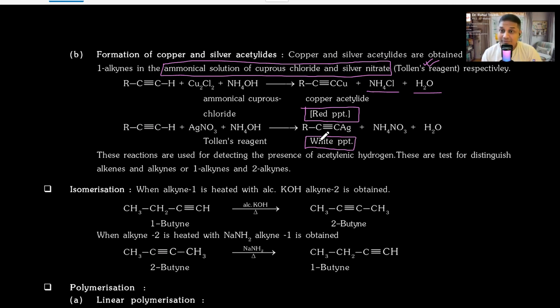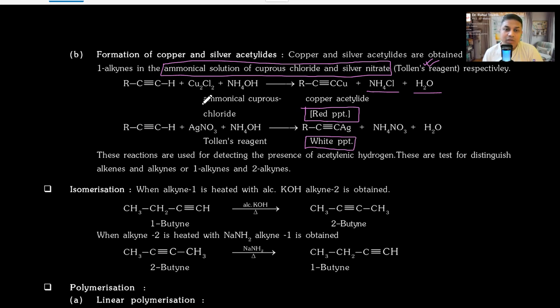It's a very beautiful experiment. I have actually done it in labs and shown it to many students. You can do it. I mean, in labs Tollens reagent is very easily available. So ammoniacal cuprous chloride, if you use it, that means when we say ammoniacal, what do you mean? Ammonium hydroxide along with cuprous chloride. Or when you say ammoniacal silver nitrate, that is Tollens reagent. Are we getting my point? Are you getting my point, dear?